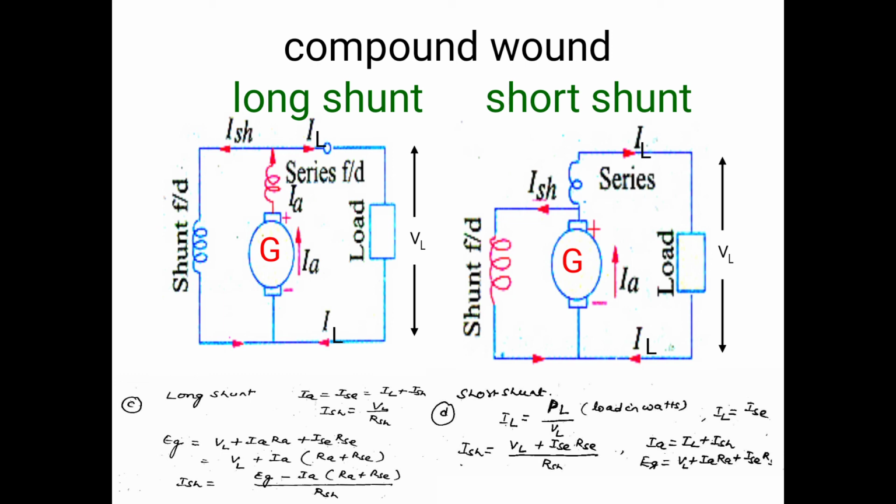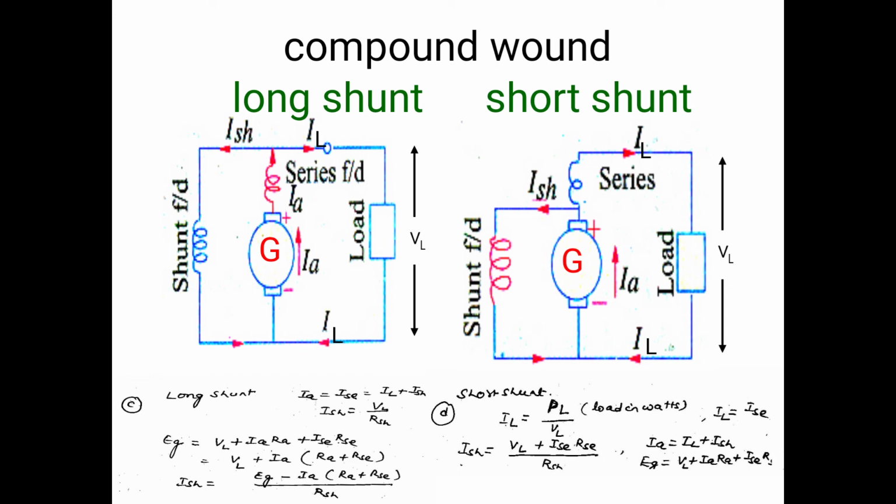This current is divided into two parts. One current is the shunt field winding current, and the other is the series field winding current. So IA equals ISH plus ISC. Next, the series field winding current to load: the number of current paths equals 1, so the ISC value equals IL. Finally, the current equations: IL equals ISC, and IA equals ISC plus ISH, or